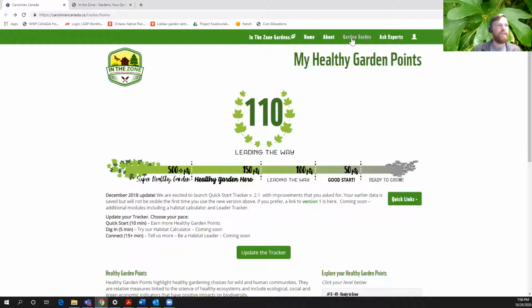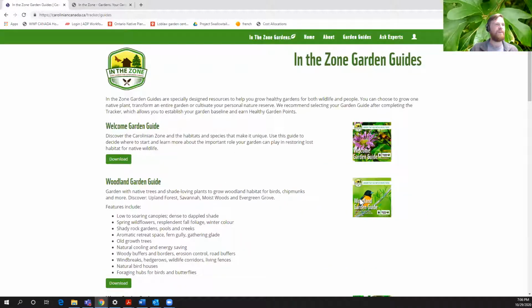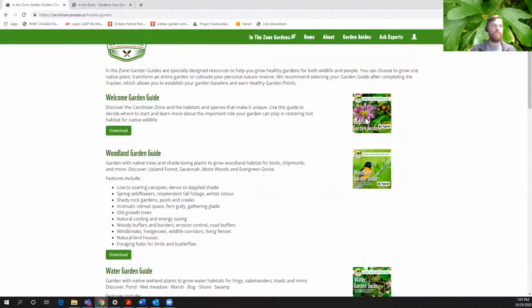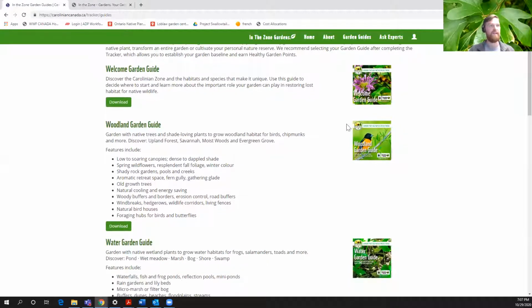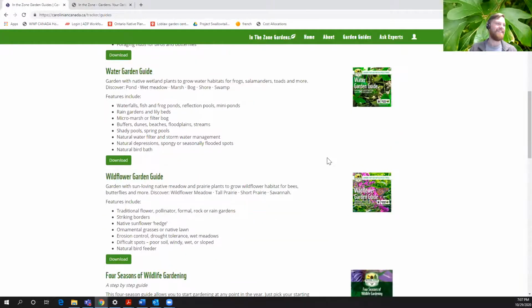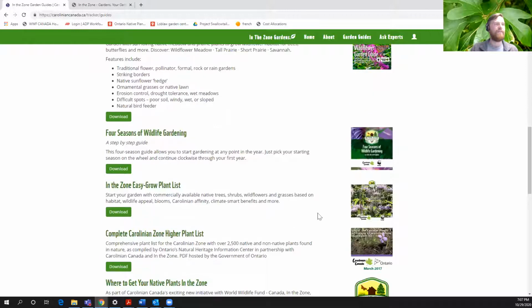So I'll show you up here where it says garden guides. It's actually a list of a whole bunch of different resources. And we can go into these a little bit later if there is time, but these are in-depth resources that are really helpful for establishing native plant gardens and stewarding those gardens. And that's really what this project is all about, is helping you and your neighbors and your friends to start getting planted, but then also to continue that stewardship for the rest of your lives. It never ends. Gardening never ends. It's true.